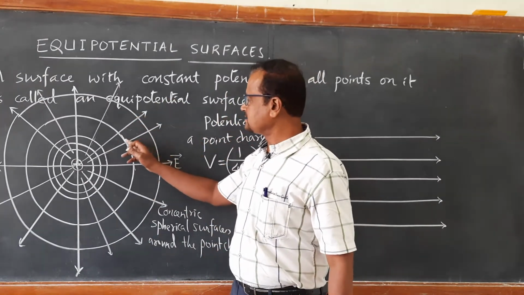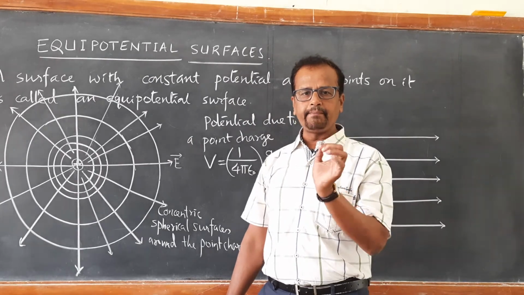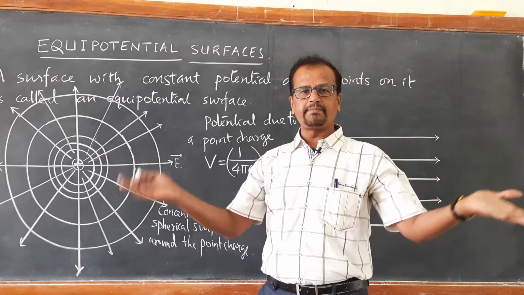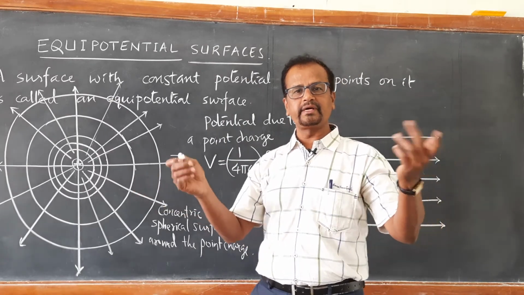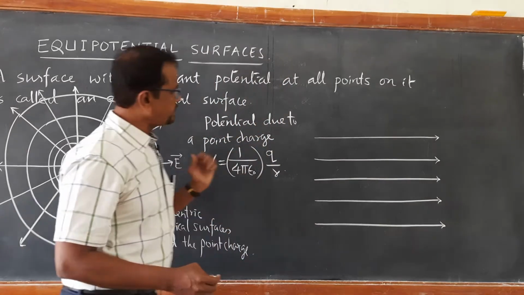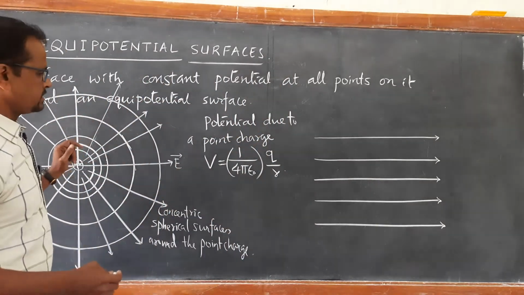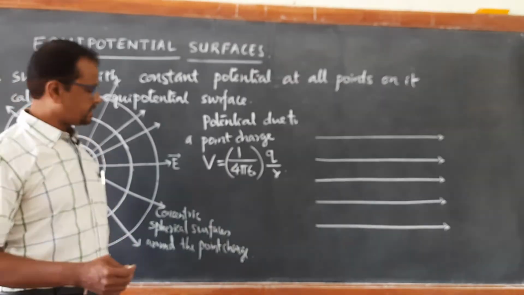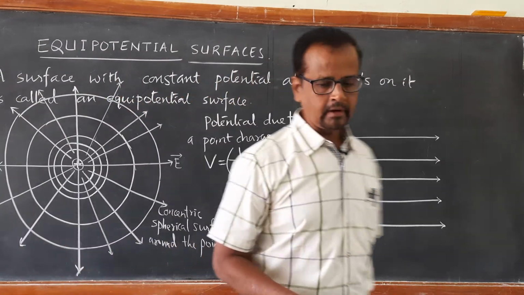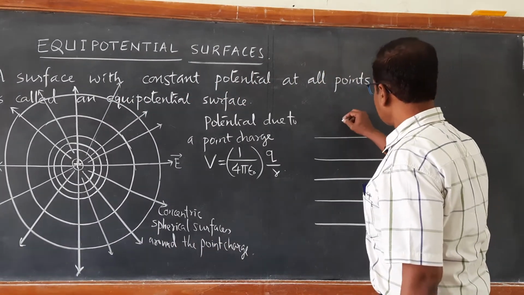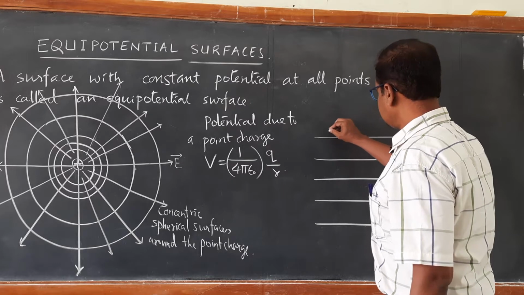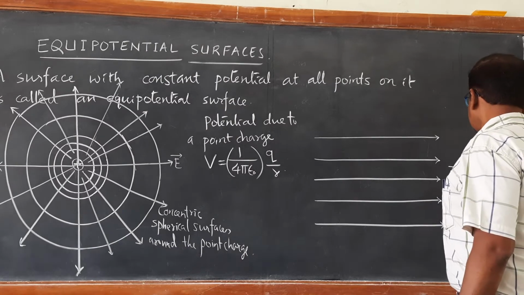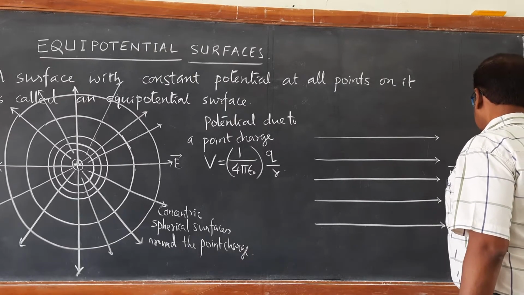Therefore, the electric field is perpendicular at every point on the equipotential surface, or the equipotential surface is perpendicular to the electric field lines. In this way, we can also understand. The second point to be remembered here is that an equipotential surface is always perpendicular to the electric field lines. Let us see. With that, we can draw the equipotential surface for this uniform electric field. This represents a uniform electric field.